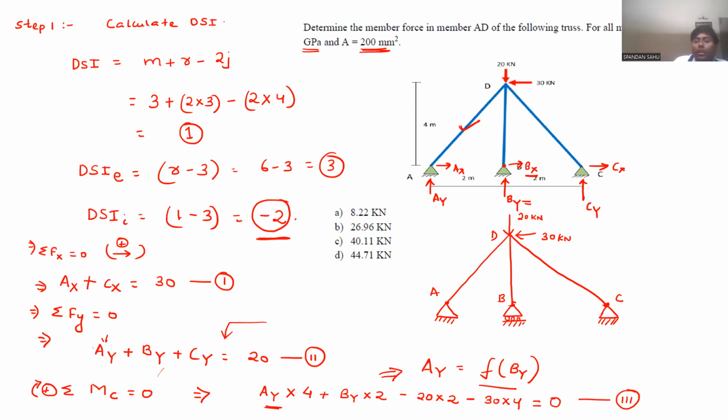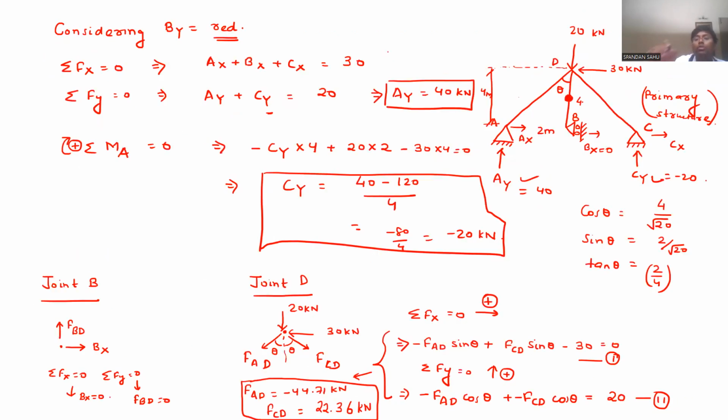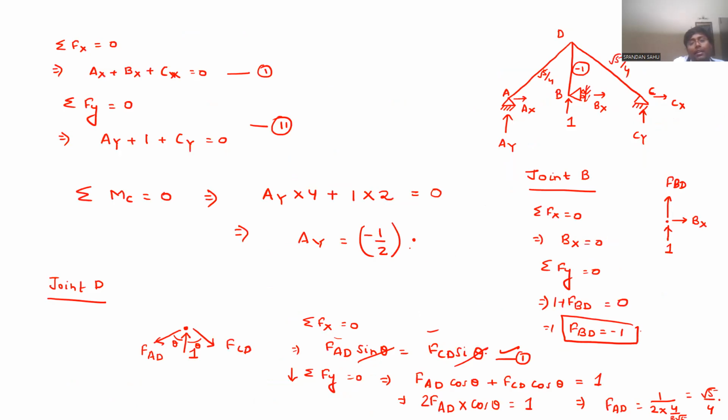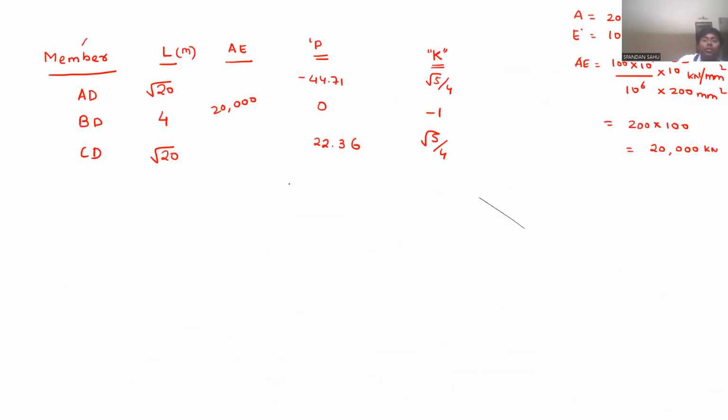No, it won't move in vertical direction. But as soon as you come to the primary structure, you can see that under this given load or loading condition, it can move in vertical direction. Under this given load, it can move in vertical direction and you can calculate it using the method of virtual work, and that will be equal to